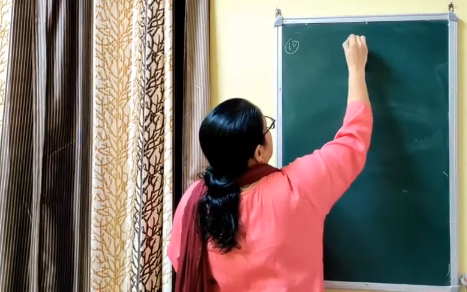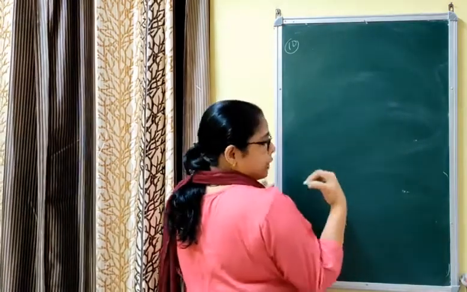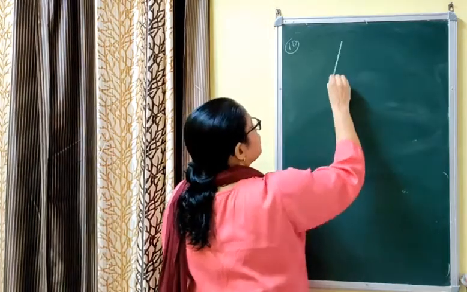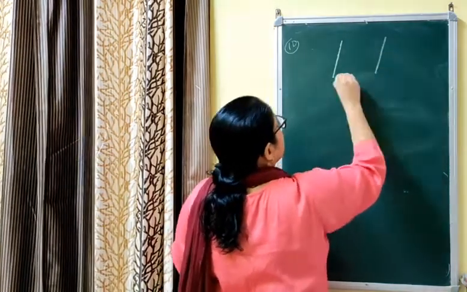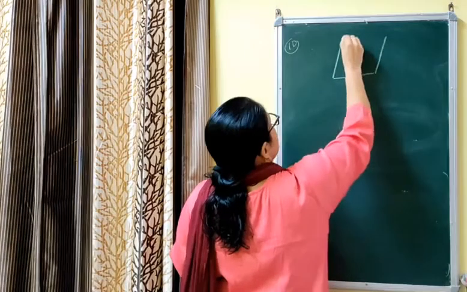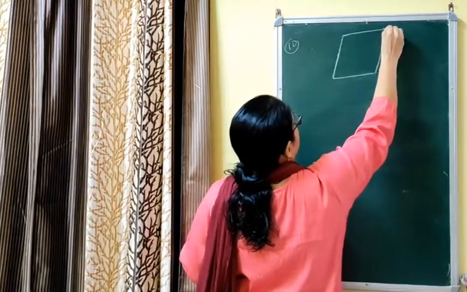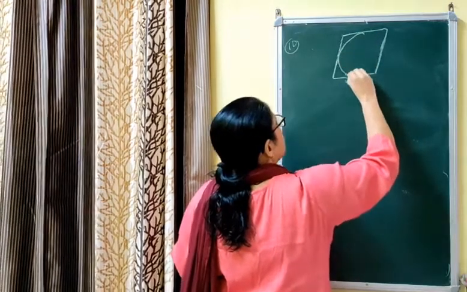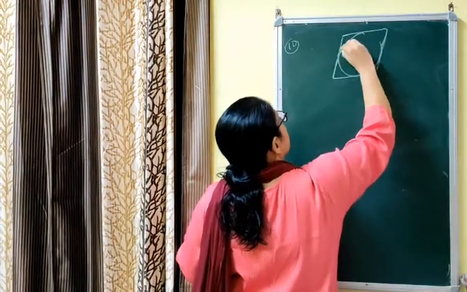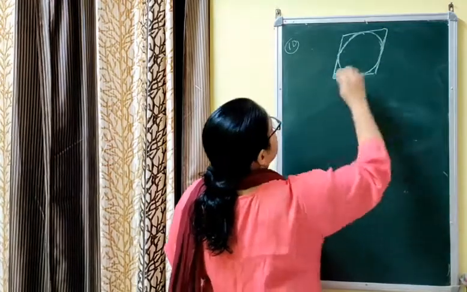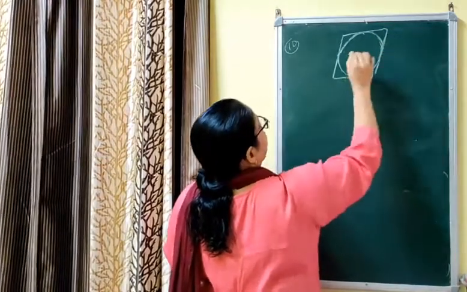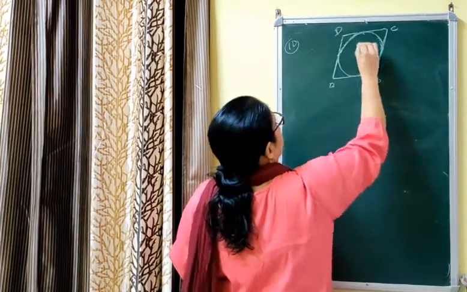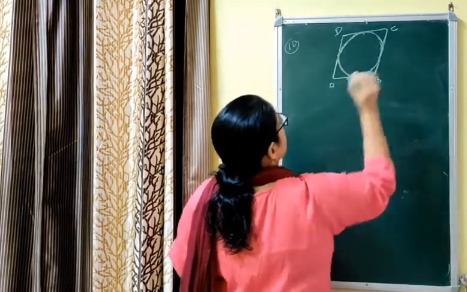Let me draw the figure first of all. जो भी फिगर आपको प्रूफ करने के लिए दिया होगा उसी शेप में फिगर बनाना, so that you have to make the figure in the shape of a rhombus, because you are asked to find this. And circumscribing the circle means the circle is inside the parallelogram. Now let ABCD be the parallelogram circumscribing the circle.